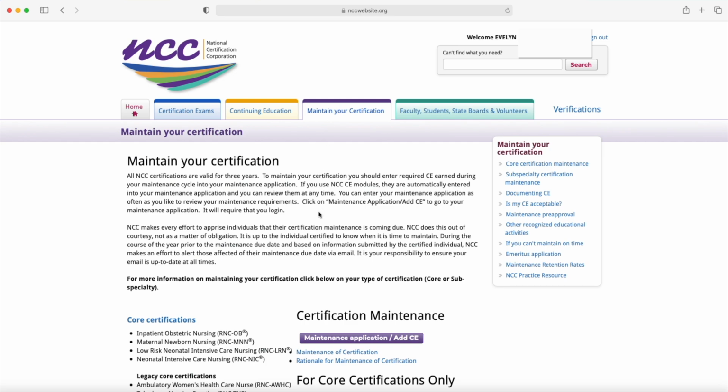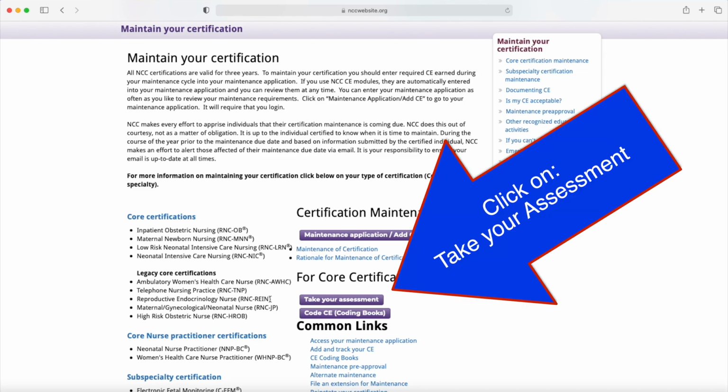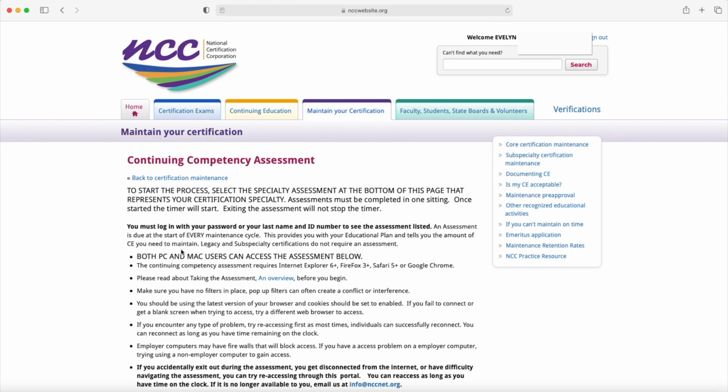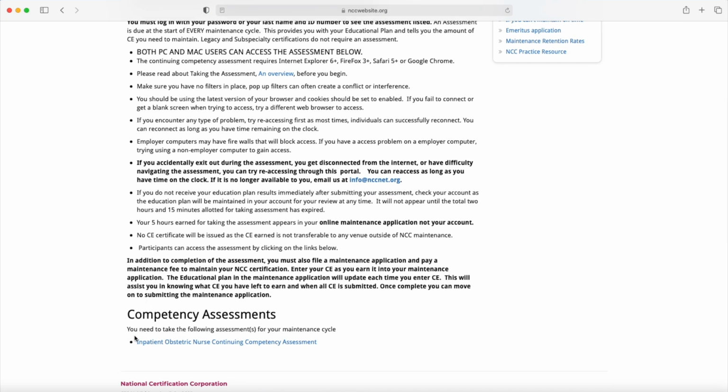This is where I need to go, the maintain your certification, because I've already been certified and I need to maintain it. And this is the confusing part for some people. What you have to do is go to maintain your certification, and it will tell you that you need to complete an assessment. Take your assessment and read the instructions on what to do as far as completing your assessment, and you need to take the following to maintain your